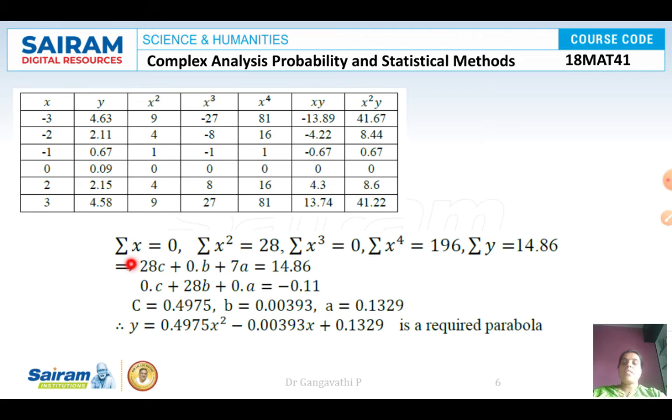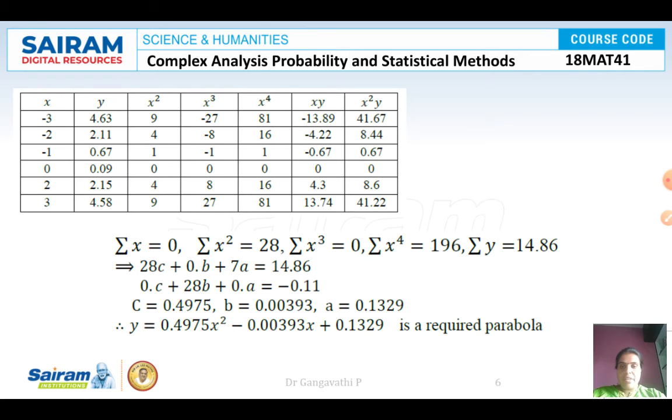Then, here the summation value of x, the sum of all the values of x, is 0. The sum of all the values of x square is 28. The sum of all the values of x cube is 0 again. The sum of all x to the power of 4 values is 196. The sum of all the values of y is 14.86. And the sum of all the values of xy